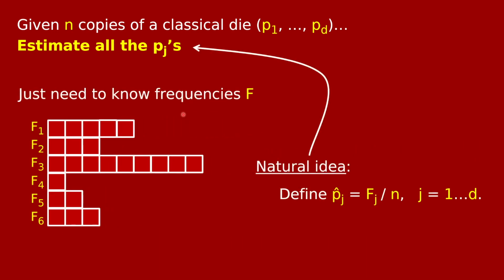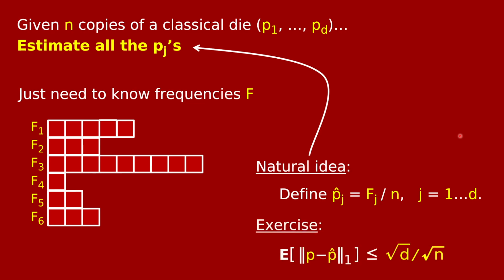Okay. And once you get back this readout on your measuring device, which is now a histogram, F, with rows, F1 is 5, F2 is 3, for example, then there's a natural way to finish the job. You would naturally output as your estimate p hat j for the jth phase probability, the frequency of the jth outcome in the histogram divided by n, the total number of rolls. And this is a great algorithm, and it's very natural, and it's not hard to analyze either. I can leave this as an exercise.